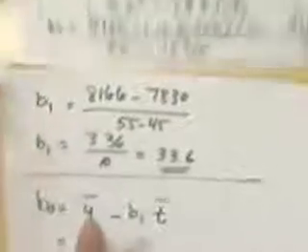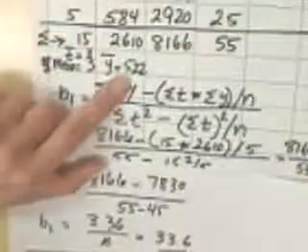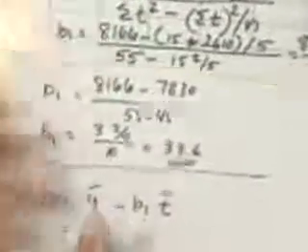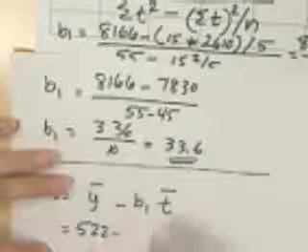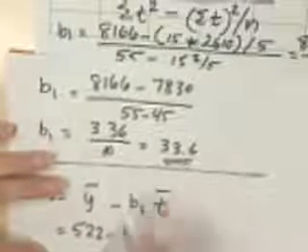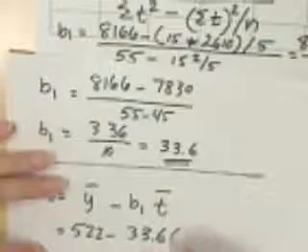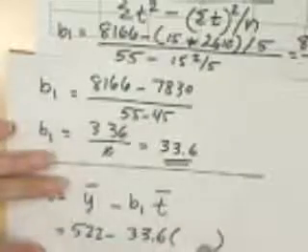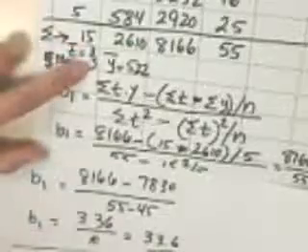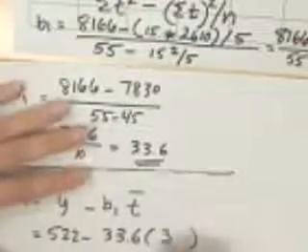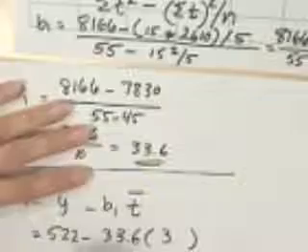So Y bar is 522 minus slope, which I computed to be 33.6, multiplied by average T value, which is 3, and I end up with